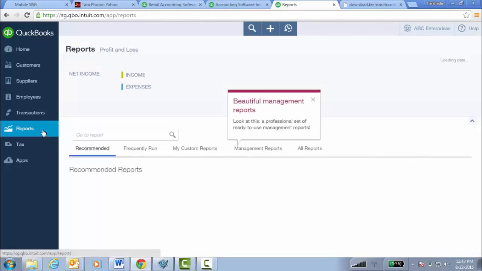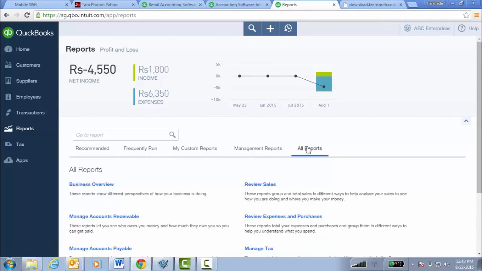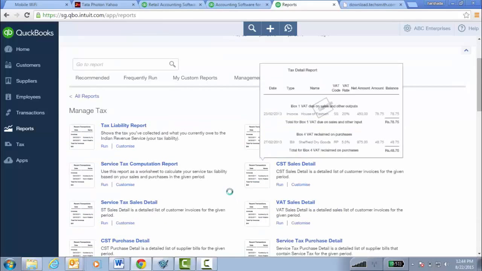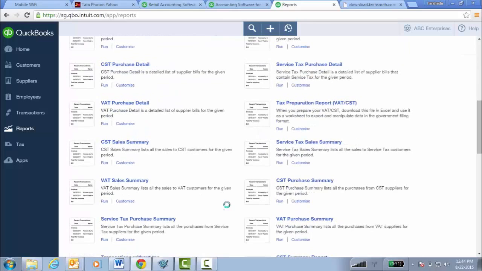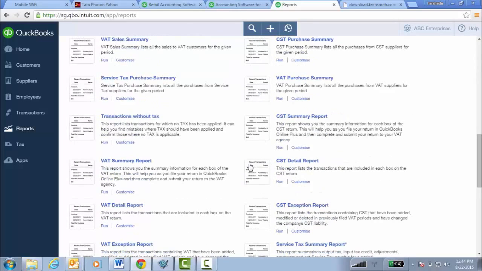For taxation related report, go to all report, go to manage tax. Here you can see details related to your taxation.